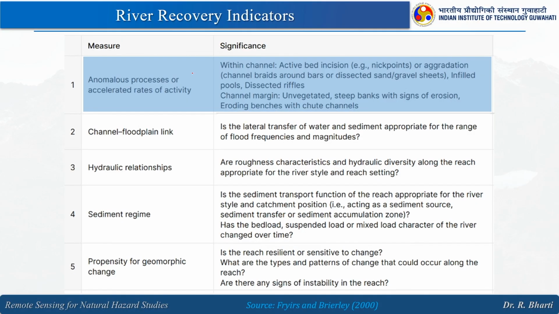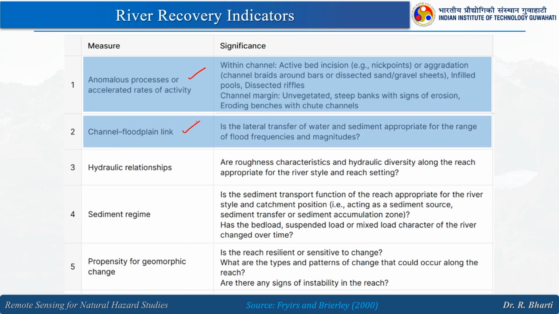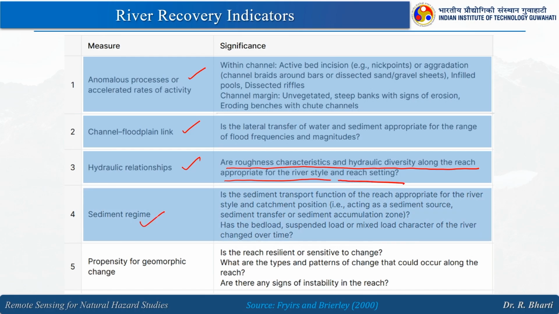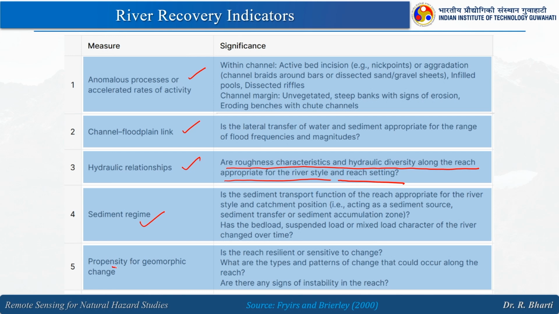Then we have anomalous processes or accelerated rates of activities, channel floodplain links, hydraulic relationship. So, roughness characteristics and hydraulic diversity along the reach appropriate for the river style and reach setting. Then sediment regime. Then we have geomorphic changes. So, is the reach resilient or sensitive to change? What are the type and pattern of change that could occur along the reach? Are there any signs of instability in the reach? All these can be identified